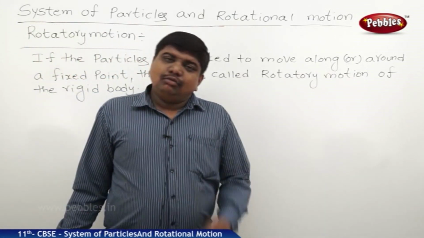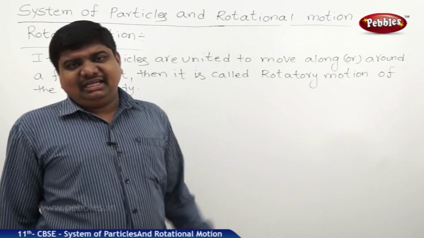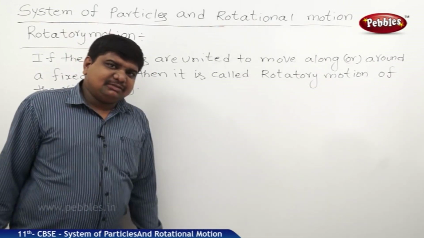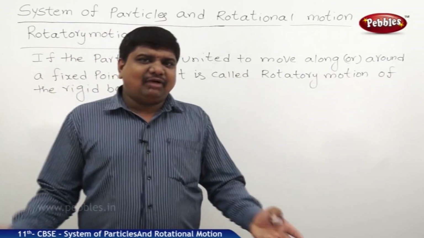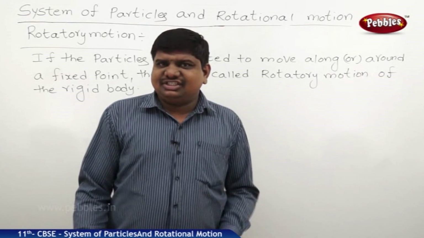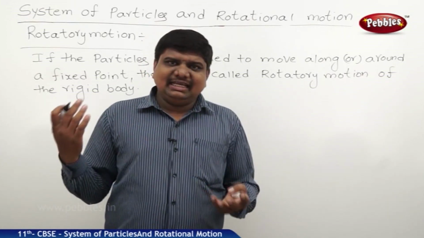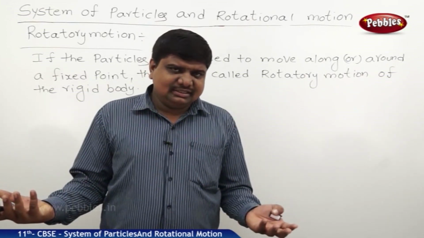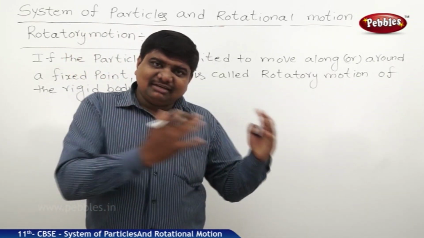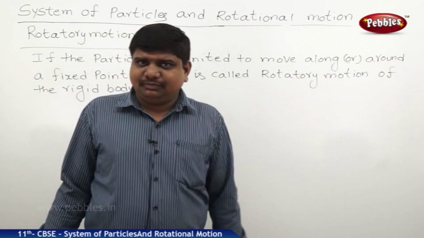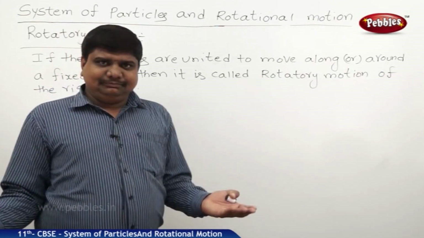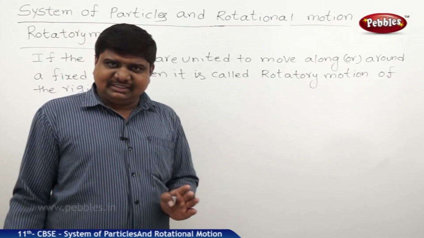Rigid bodies means which don't deform easily by the application of a small amount of force. If you want to deform these types of rigid bodies, a huge amount of force is required. Deformation means maybe a change in length, shape, structure, volume, or area, means any physical dimension being changed. But some bodies like circular objects, if one dimension is changed, automatically there will be a change in the second dimension also. So rigid bodies won't deform easily. Those types of bodies are called rigid bodies.